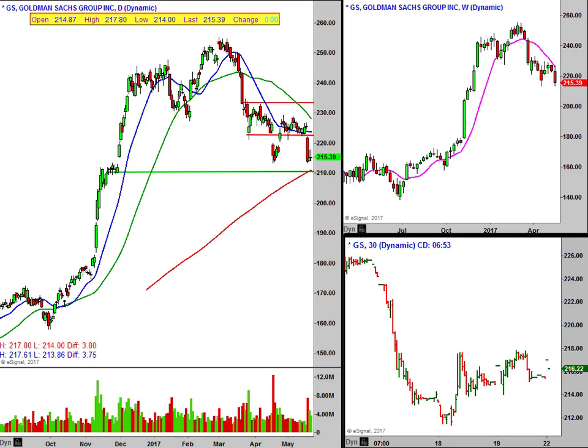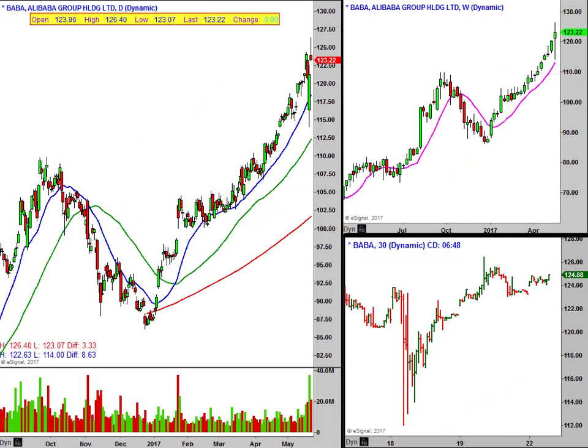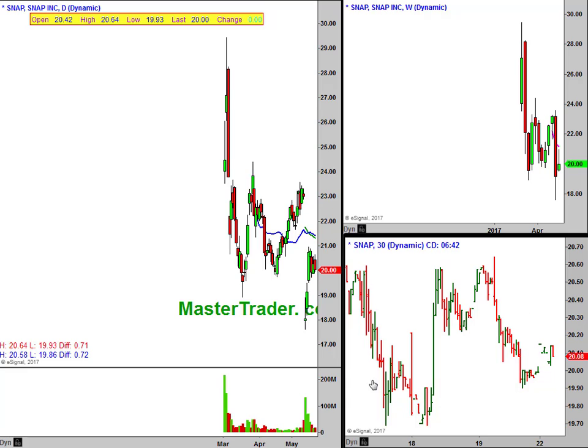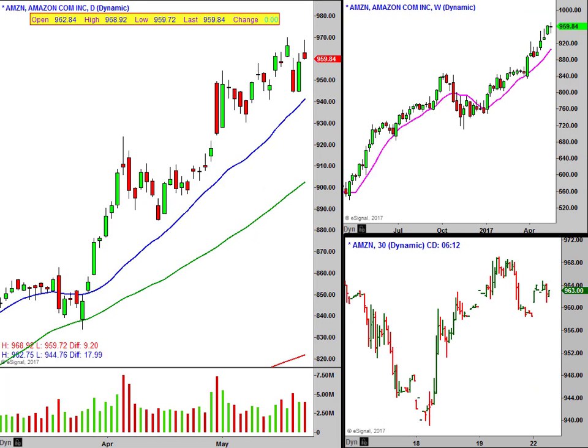And so what else might be moving here pre-market? Bob is moving a bit, but it's already had a heck of a run. Maybe it can keep going here, if that's of interest. Snap is getting some activity, but not really moving much. It'll be interesting to see if this can negate that big gap down, and that would be a huge positive sign for this stock if it was able to do that. But we'll see if that happens, or whether it breaks to the downside again. If it does, it'll probably be easy going shorting it to the downside there. Well, that's it for this morning. Amazon's up a bit, but